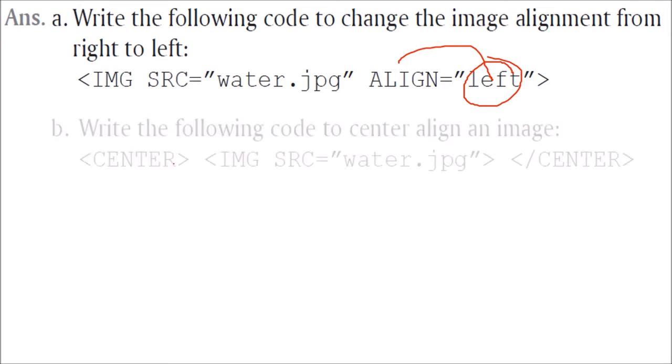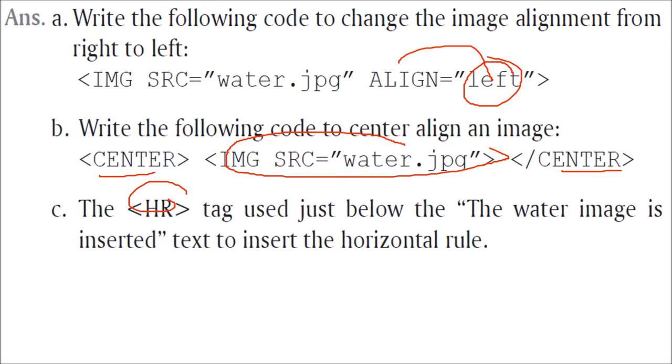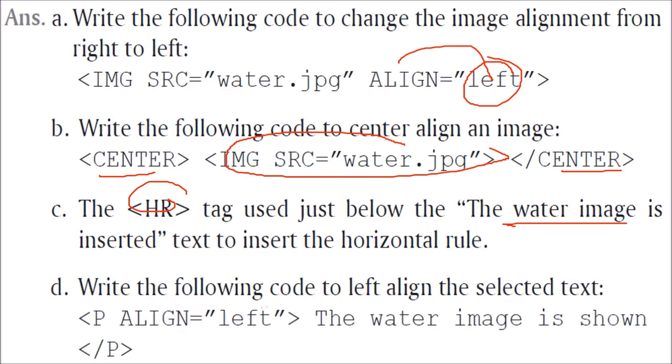You have to give left here. Then the central alignment of the image, center, then this image inside this. Then HR is for the horizontal rule which is going to come after this line. And then this water image is shown inside a P, and then align left, then it will go to the left.